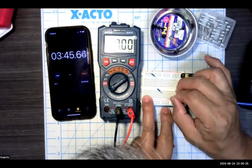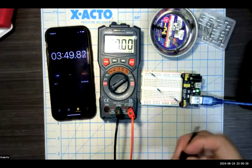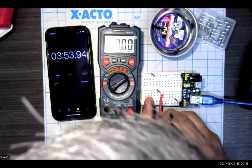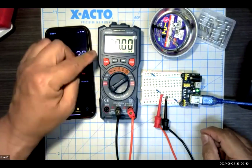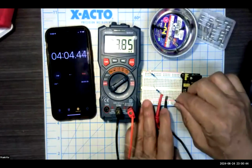Remember, break the circuit open. And at the open, connect your ammeter leads. So this goes on the positive side of the open. This guy goes on the negative side of the open. Take off the hold, and we have